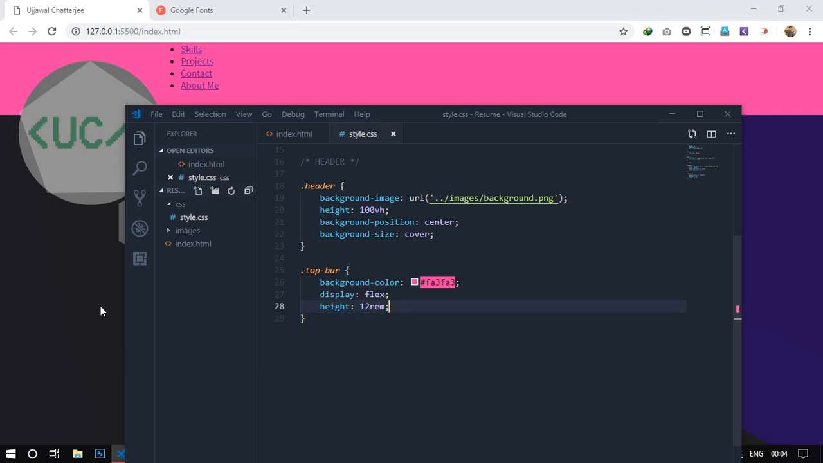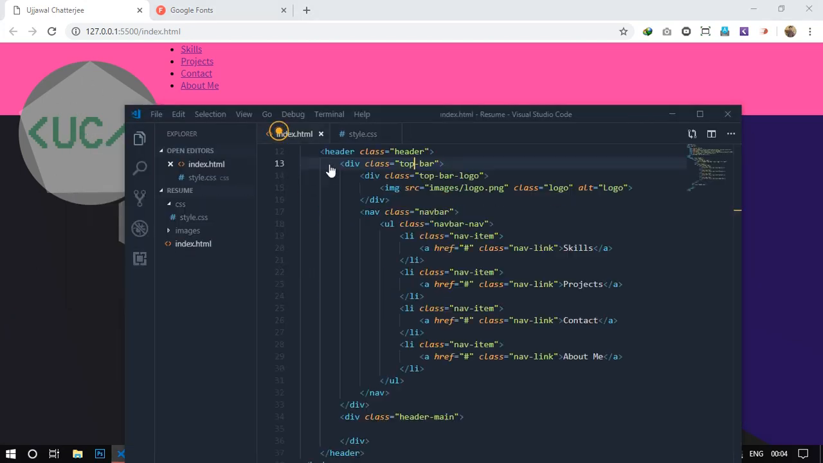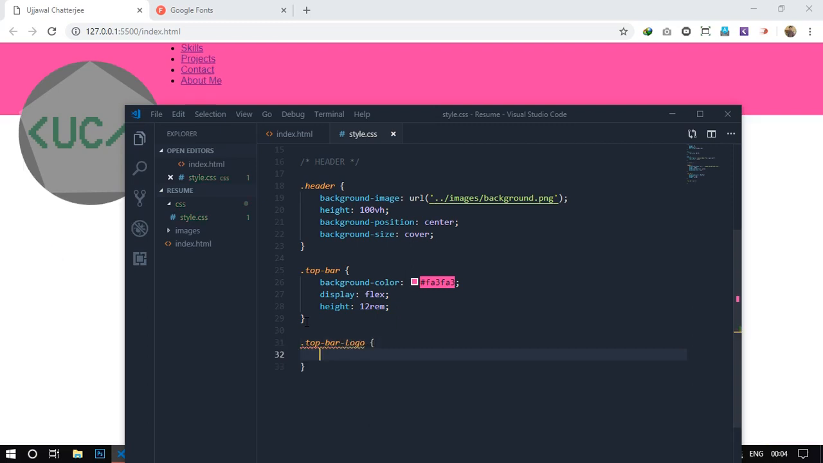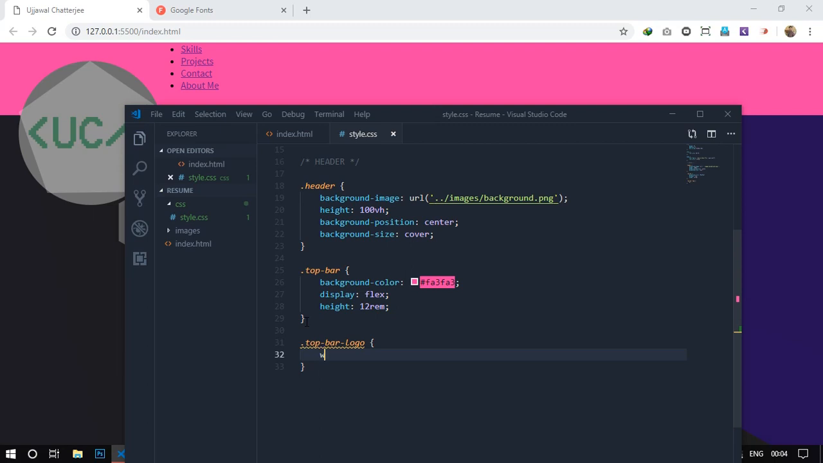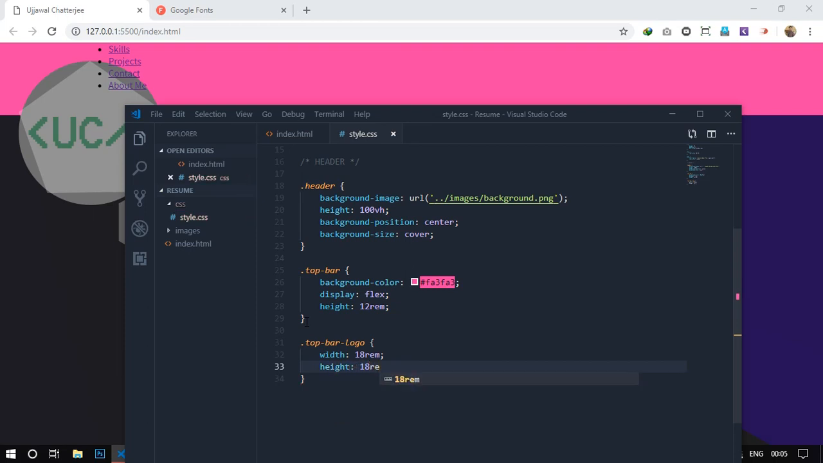Now next we want this logo to be smaller. Let's actually style the logo, top bar logo. Top bar logo is the parent of this image, so top bar logo, we shall give it a width of 18 rem and height of 18 rem,